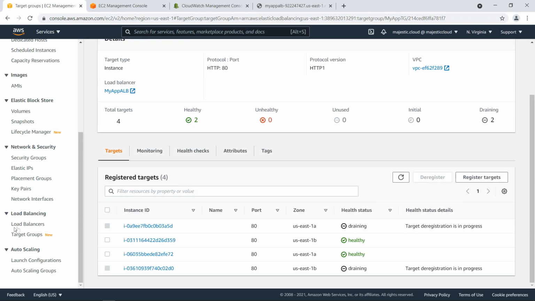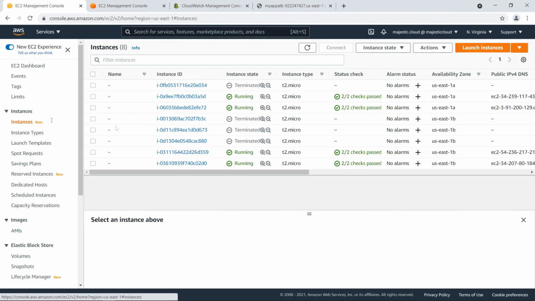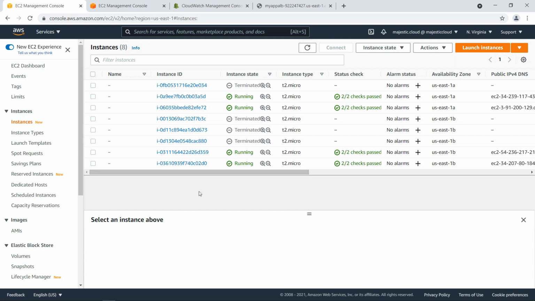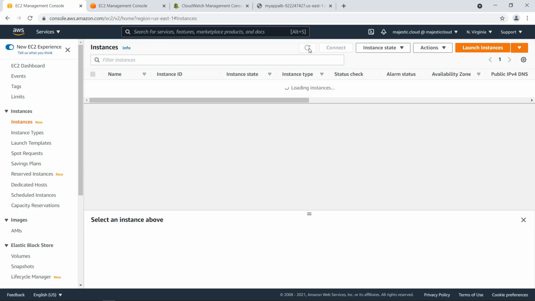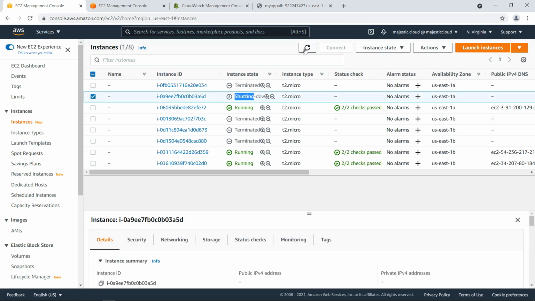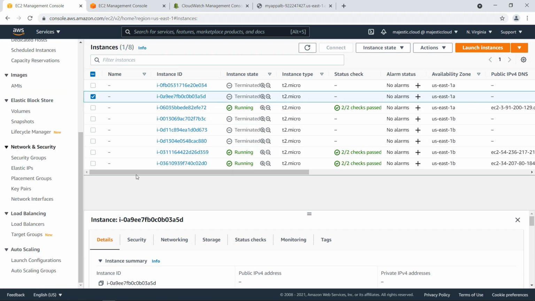And once my instances terminate, then I will be back at my initial capacity, the 2 instances. Another instance is shutting down now. And it's already terminated, and I still have one instance that needs to disappear, and then I will show you